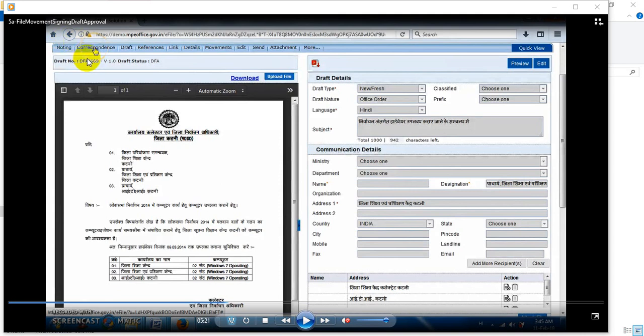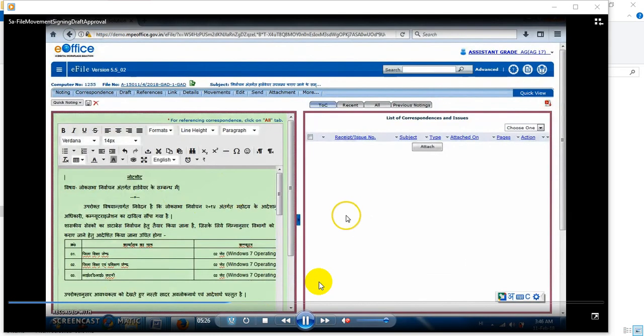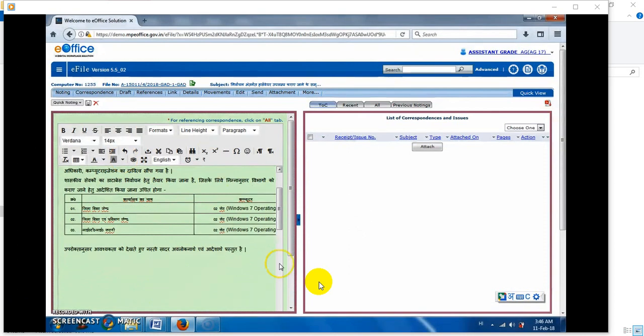So what we need to do to go to the note sheet is click on this correspondence button. Okay, not a button, just a link. So just click on this correspondence. I clicked on it, so the note sheet screen has come. So we need to send it to a higher authority. If it is my login, I may send it to collector sir. But before that, we have to check whether the draft we created is with it or not.